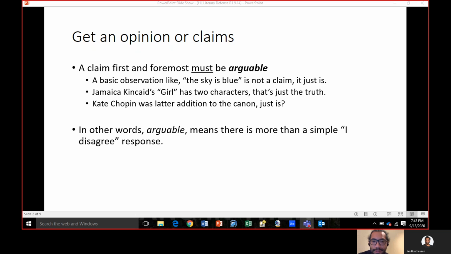Someone asks, like, why is it better? If someone has to ask why something is better, you haven't presented an actual claim yet. It's your opinion, but it's not a claim, because in order for something to be arguable, there has to be points to argue. And you say it's better character development. It holds more truth to its source material. The cinematography is stronger and more engaging. Well, now you have three points that you could argue. Okay. So that's important too.